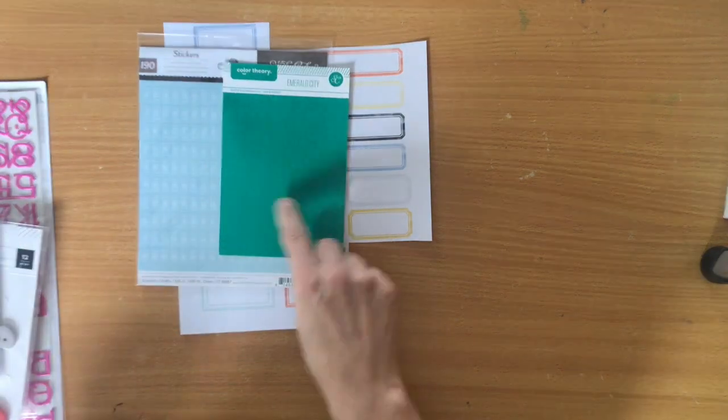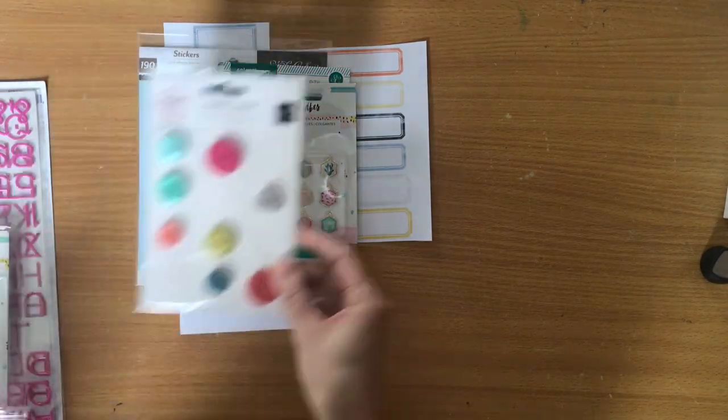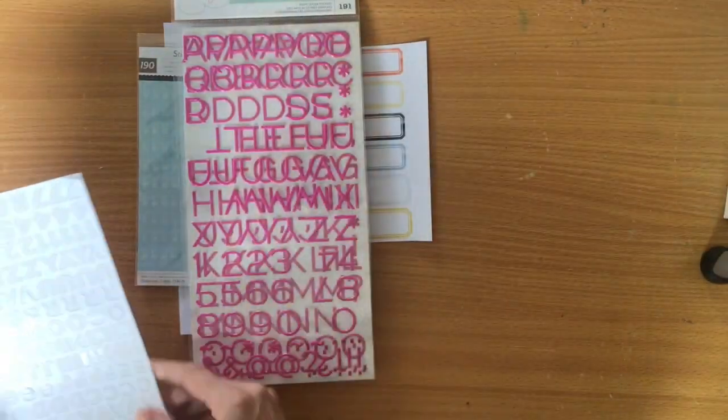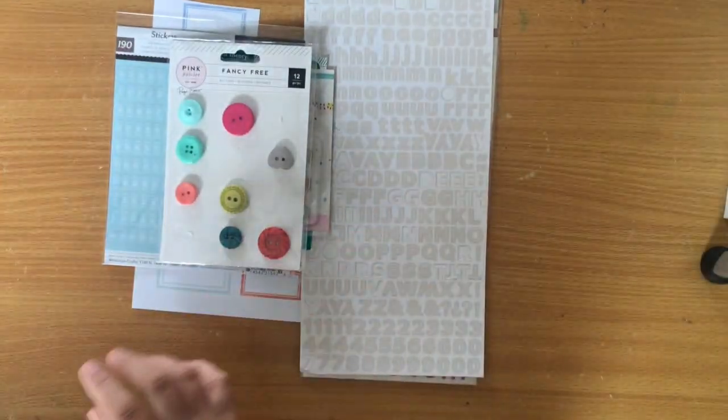Yeah, so we've got little stickers. We've got some Good Vibes crepe paper charms, some Fancy Free buttons. I'll show you the stamps in a sec. Some Dear Lizzie thickers, some Hazelcraft stickers,